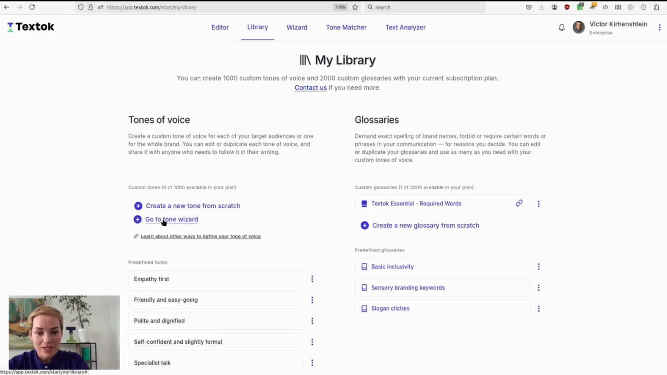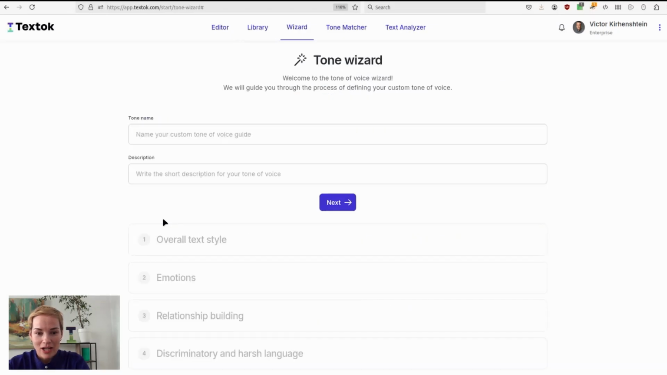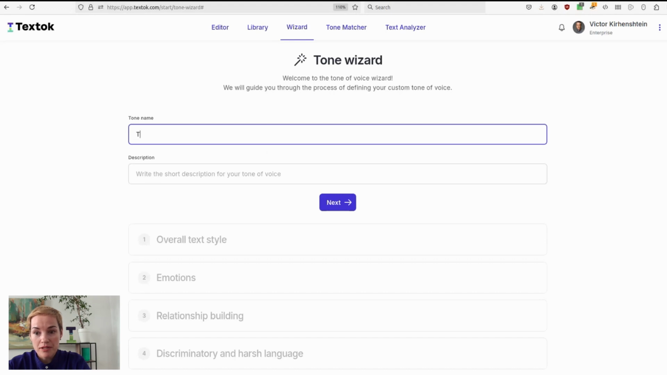Okay, let's go to the wizard section or click from the library Create Glossary with Wizard, and let's give our custom tone of voice a name, something that would make its purpose explicit and everybody would understand it. If it's your first automated guide, we propose starting with brand's core guide. We call it Essential Guide, that would include the tone and style rules that absolutely all your messages have to